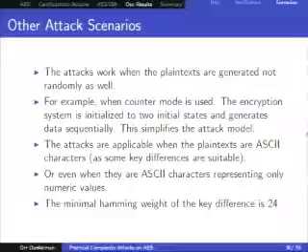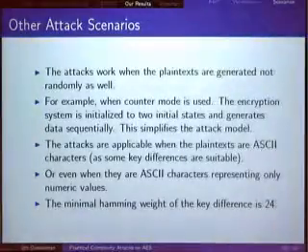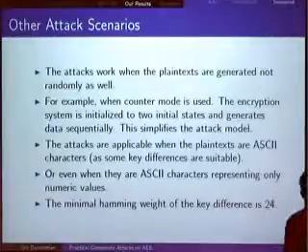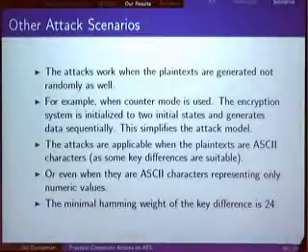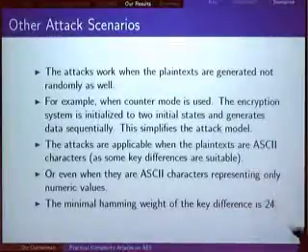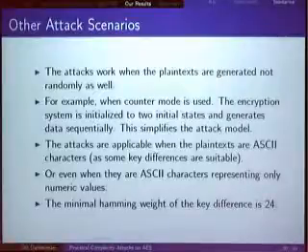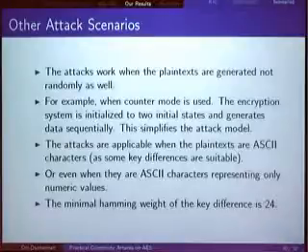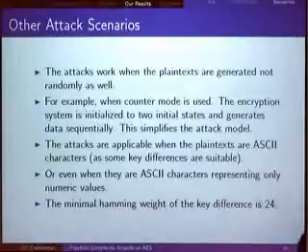Now, we also looked at another attack scenario where the plaintexts are not generated as random plaintexts. Usually chosen plaintext assumes that the adversary chooses a plaintext at random, because we need to get randomness from somewhere. This is the true reason for picking plaintext at random. Now, we decided to look at counter mode. So counter mode is a way to transform a block cipher into a stream cipher. You initialize a plaintext, which is some IV and a counter. You encrypt it under the key, and then you XOR the outcome with the plaintext you're trying to encrypt. You increment the counter, and you do it again and again and again.